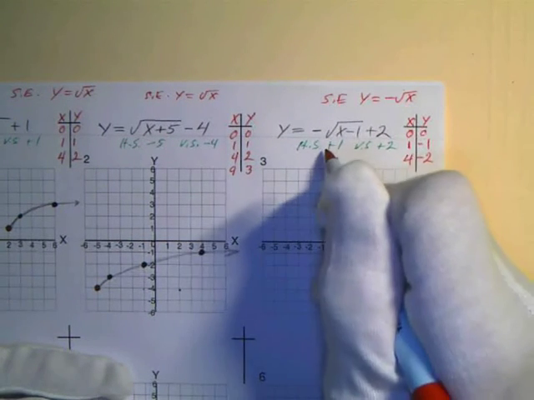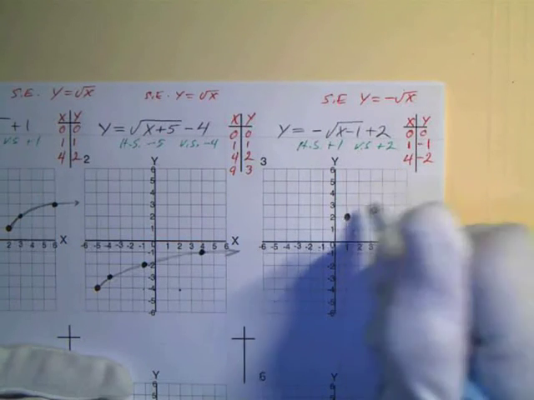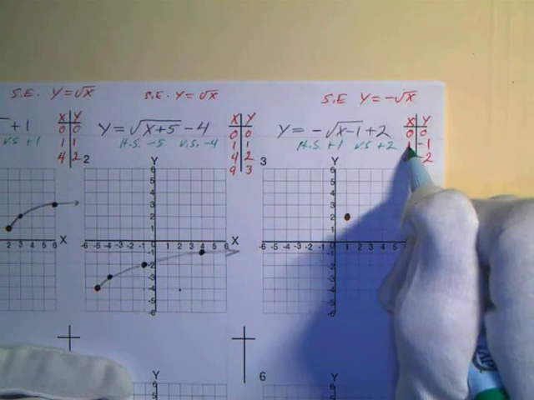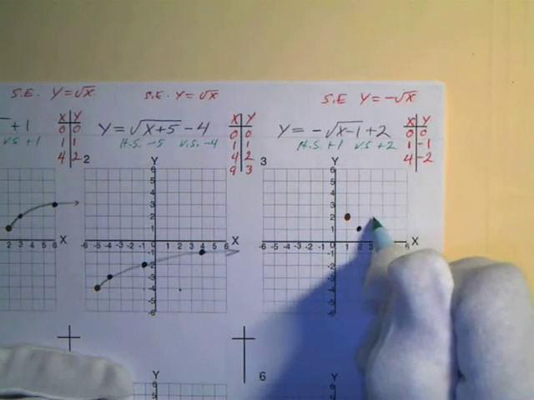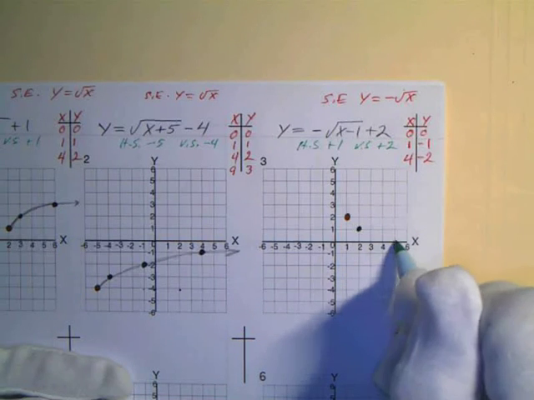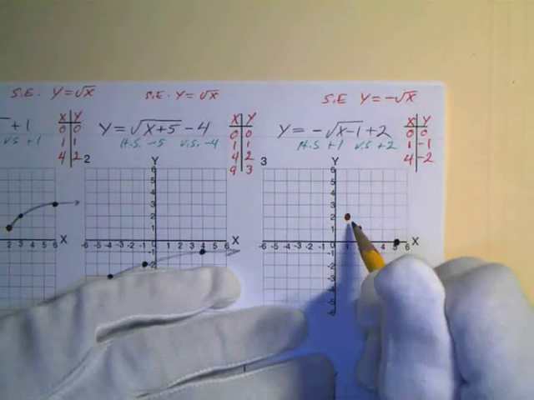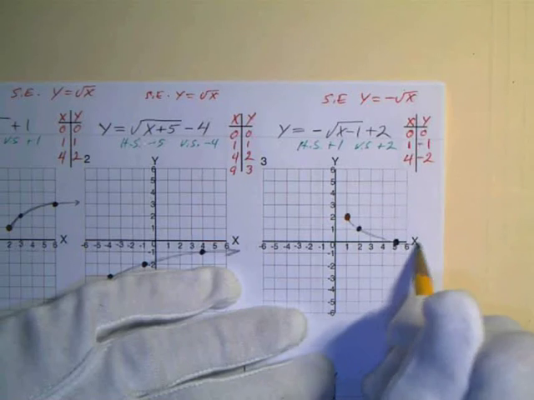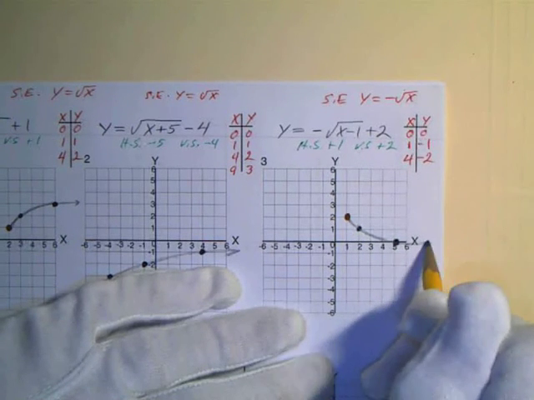So my shift's going to be 1 to the right, up 2, 1 to the right, up 2. And then I'm going to go 1 to the right, down 1, and 4 to the right, down 2. And there's your curve. So just connect this with a smooth curve, and again I just use a pencil so I don't mess it up, and I can darken that in as I get a little bit more confident with the curve,